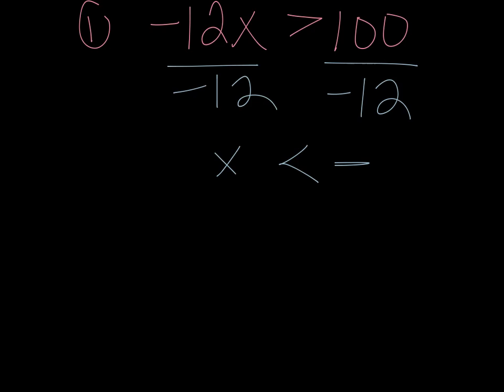Now this does not divide evenly. 12 goes how many times into 100? Eight times is 96. If I take out 96, I have 4 left over 12, and that's going to reduce